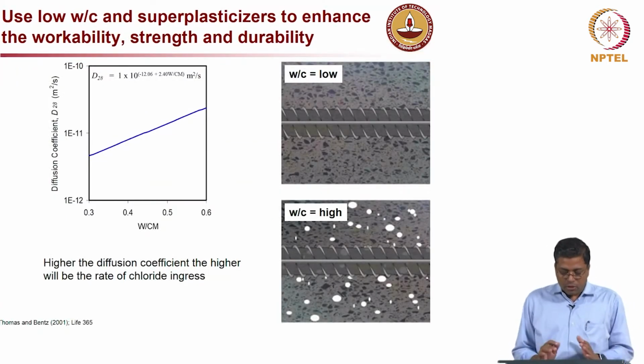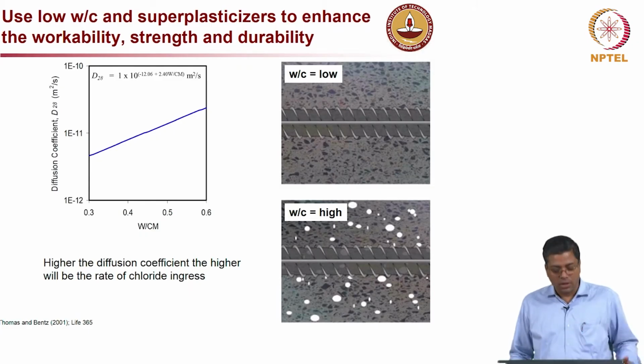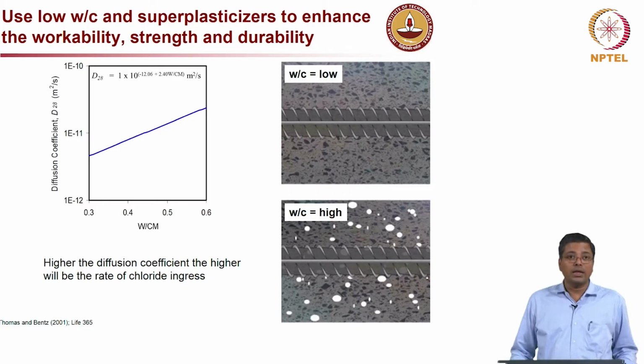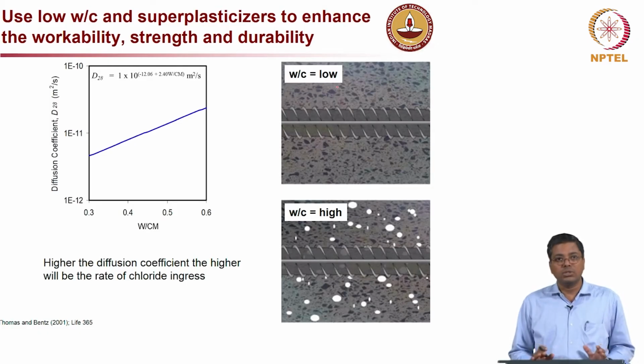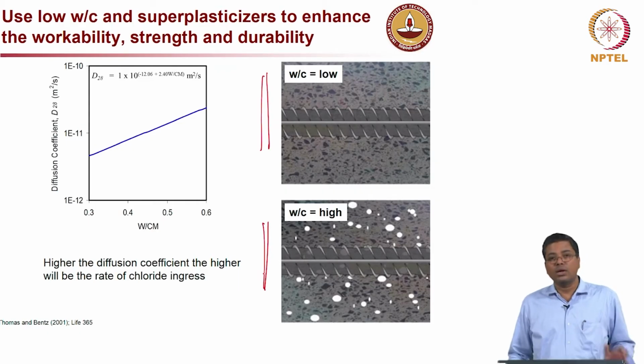Let us look at this; I am going to show you one slide on water binder ratio and two slides on SCMs, and how they influence the rate of ingress of these deleterious elements. If you are talking about water cement ratio, when you have a very low water cement ratio, the chance of having pores or micropores is very low, as in this case here. You can see in the picture I am not showing any micropores, whereas in the second picture on the bottom right there is a high water cement ratio.